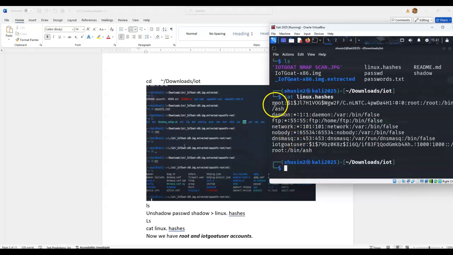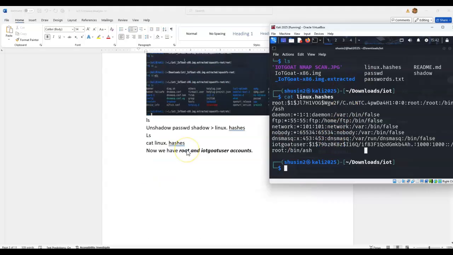You have the root and then the encryption. You have the users and the encryption as well. Okay, they are all encrypted. So we combine this passwd and shadow files into a hashes file, linux.hashes file. Okay, so now we have the root and IoT GOAT user account.